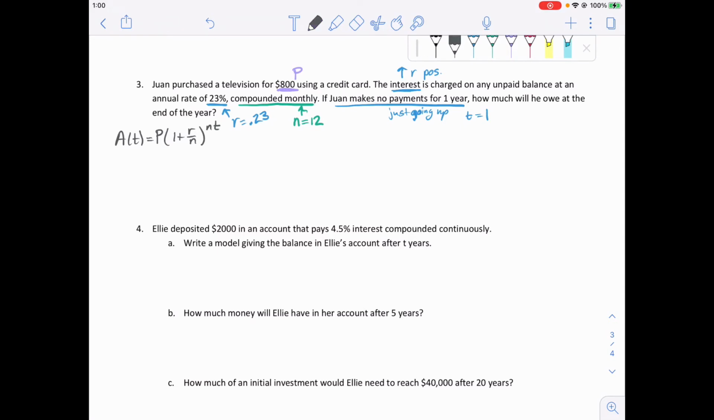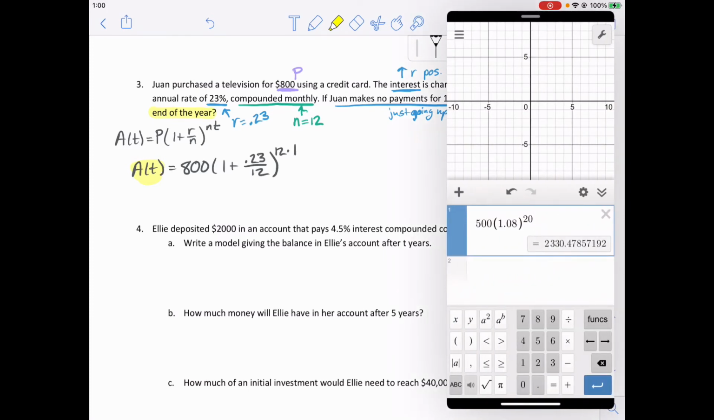So when we put all that into our formula, we get A of T equals 800 times 1 plus 0.23 divided by 12 to the 12 times 1. So we're just putting in all of those values we found. A of T is our amount, or how much we're going to owe at the end of the year, so we want to find that value. So we're going to plug all this in. We've got 800 times 1 plus 0.23 divided by 12